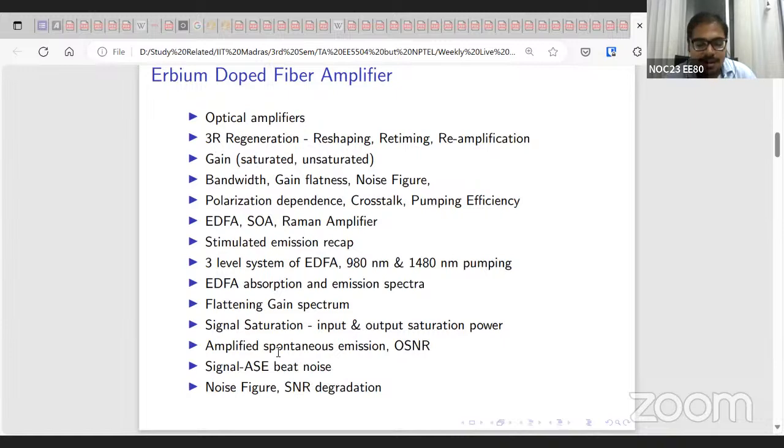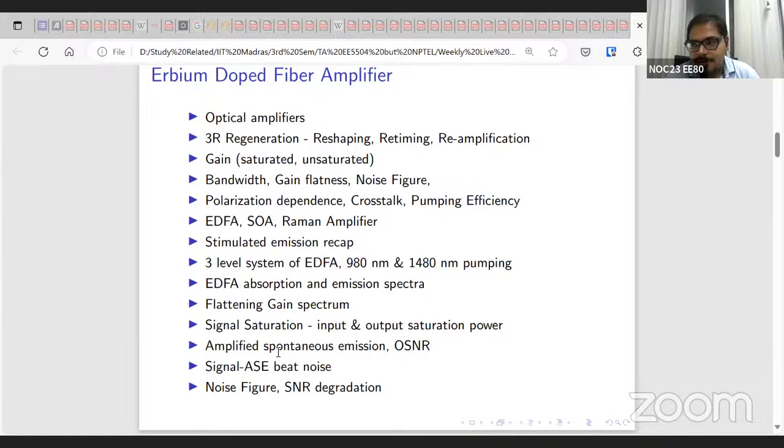The noise degradation that happens at each EDFA is why we cannot send an optical signal multiple thousands of kilometers. That becomes challenging simply because at each EDFA site